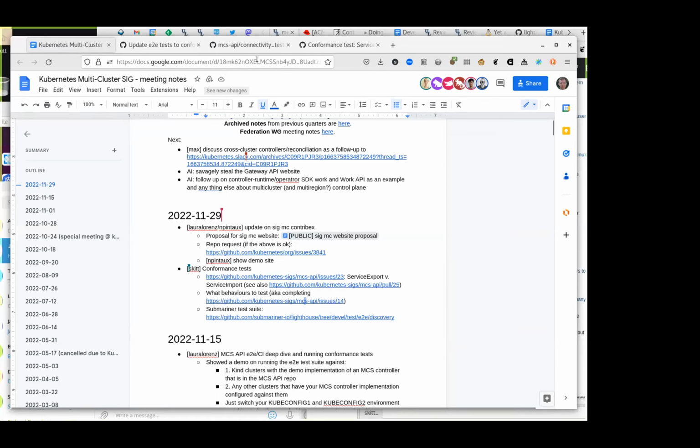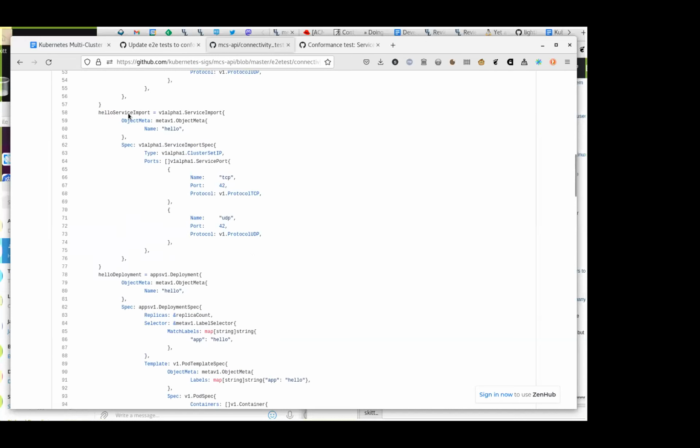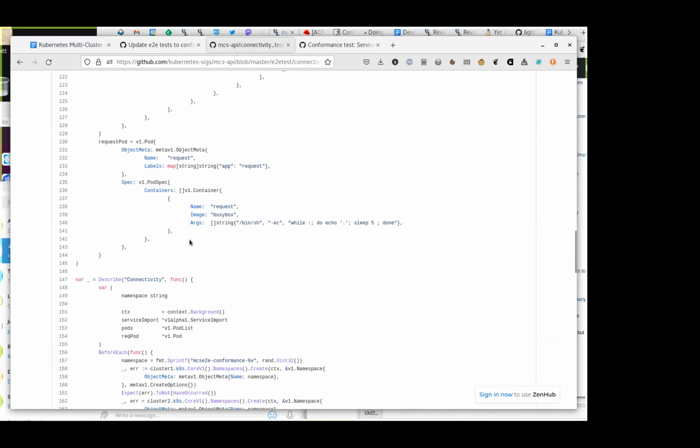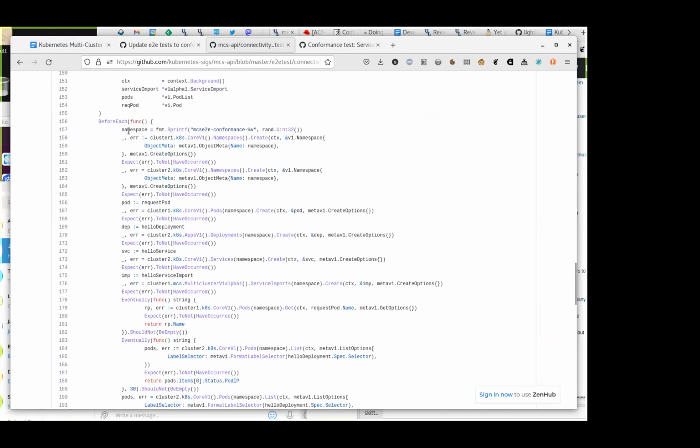But anyway, what's in the test currently is this. There's the hello service and the hello service import deployment that goes with it, and a request pod that's used to run a test. The connectivity test does a bunch of setup, so there's a pile of things in the before each.